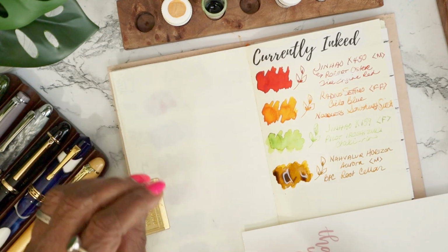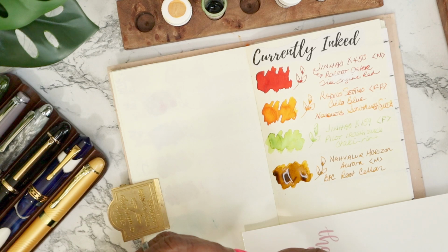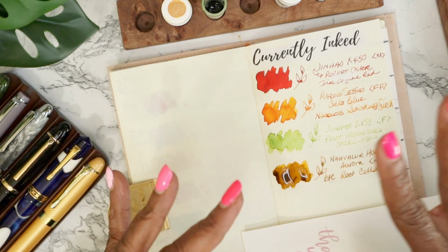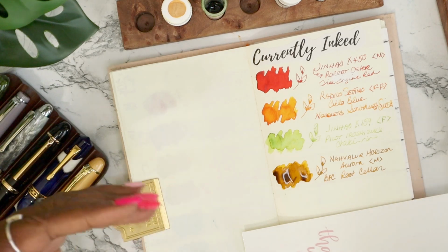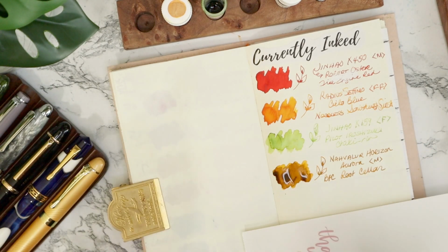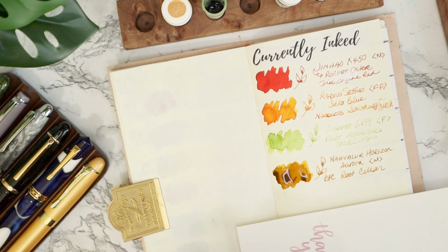Alrighty, 2 more. And the ink I chose, because brown, I had trouble finding the brown. First, the browns were way too brown, like dark walnutty. That's not what I wanted for this color, these colors. And then some of them were just too tan or too beige. And I needed something to kind of go in between those two. And I want to show you the 2 that I chose. One of them